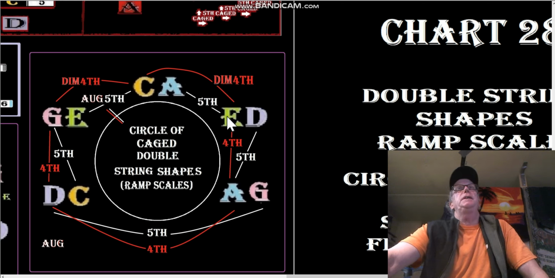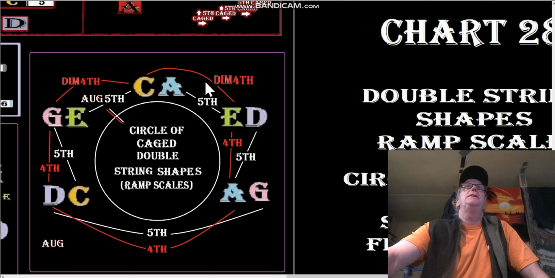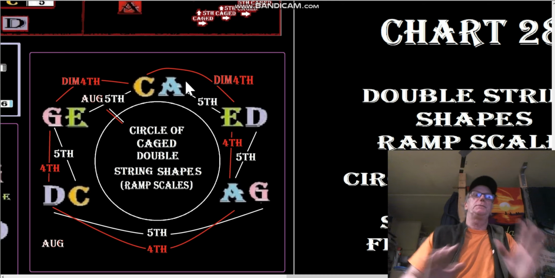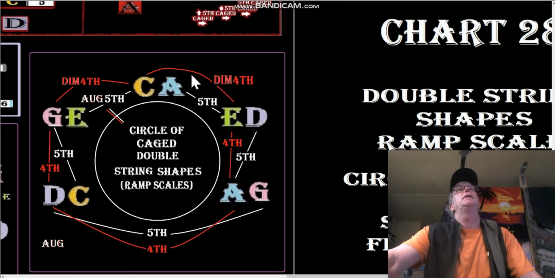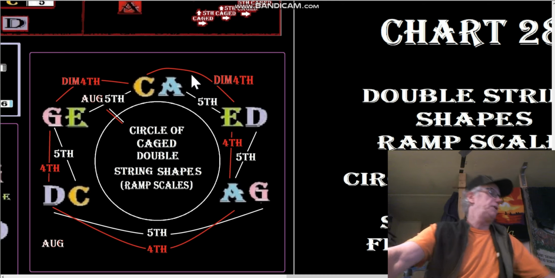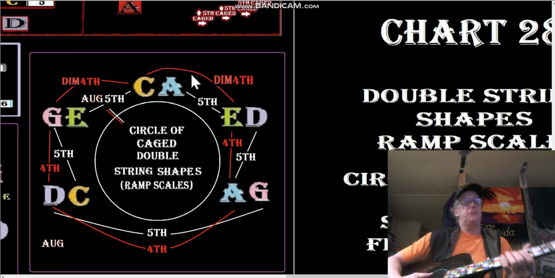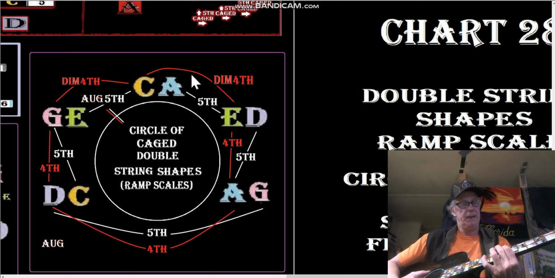Of course, C to E is a string-shaped fourth, so it's a caged fourth. It's a diminished fourth, and then the E to C is an augmented fifth. So conversely. But we go to the fourth there. E to A is a fourth. So we go around the circle. You see what I'm saying? It's the opposite of the other circle, but remember string-shaped fifths, because when we go from C to A, from